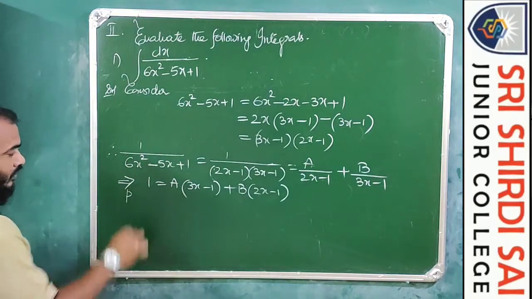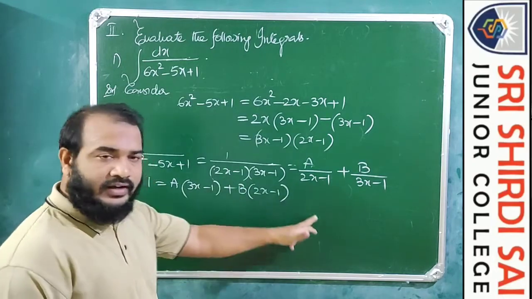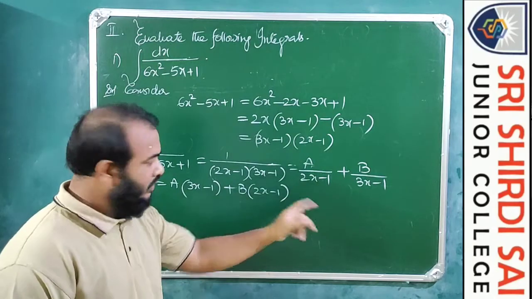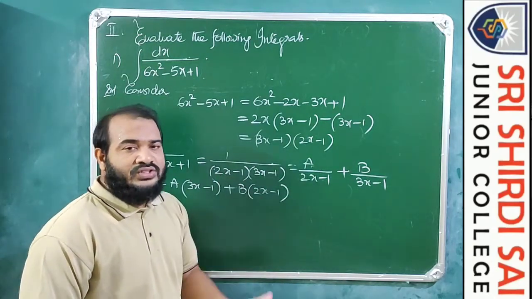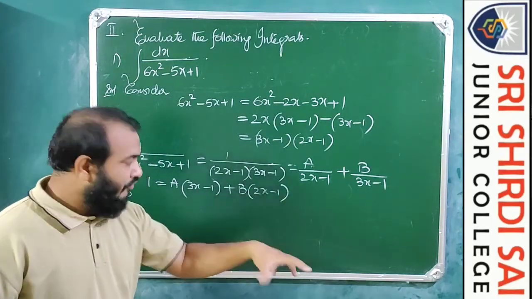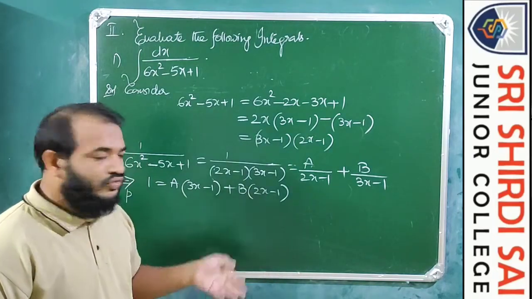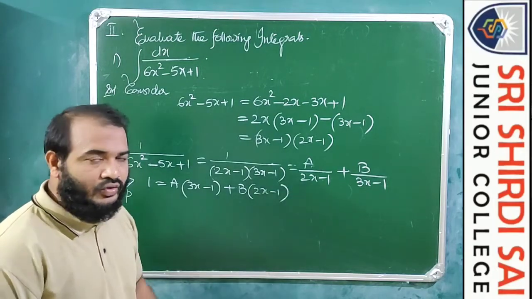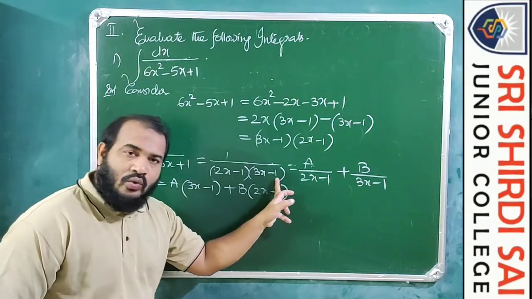Now 2x minus 1 is a factor. Equate it to 0: 2x minus 1 equals 0, 2x is equal to 1, x equals half. So x equals 1 by 2 is the root or solution. If you substitute the root in this equation, it gets satisfied. In that way, we will obtain the constants a or b. So is the case with 3x minus 1: x equals 1 by 3, if you substitute, then we will get it.